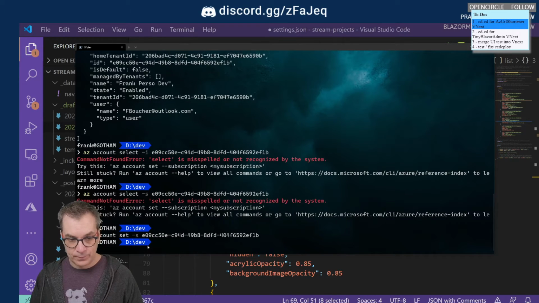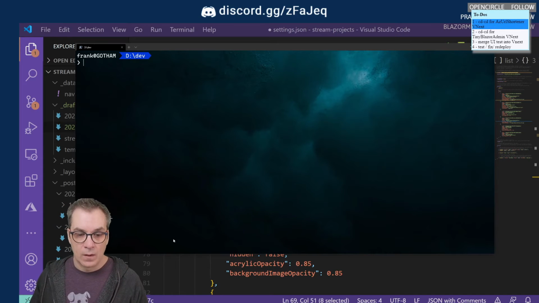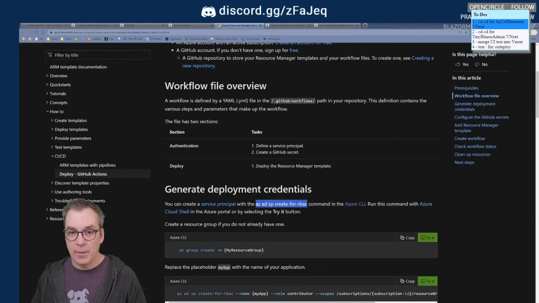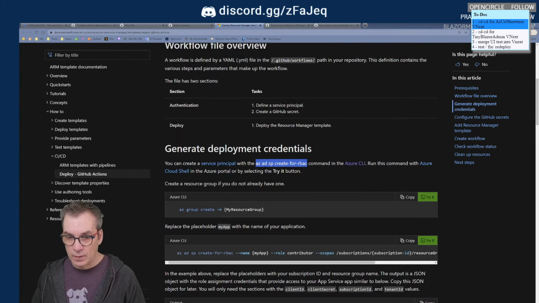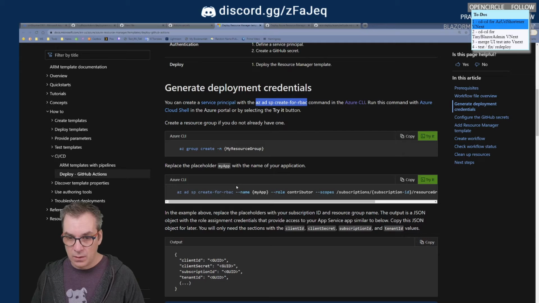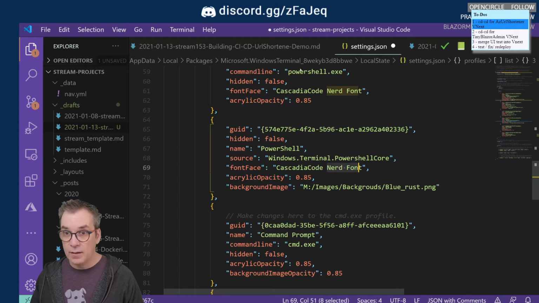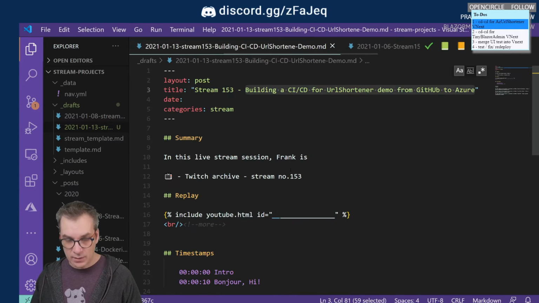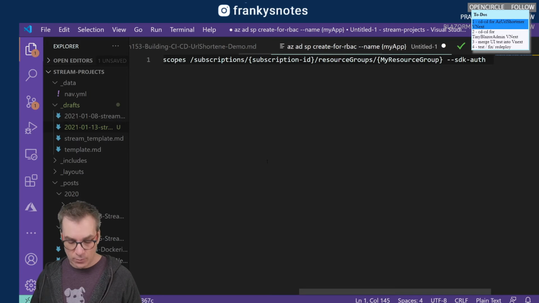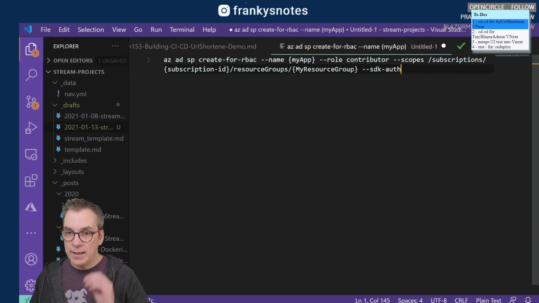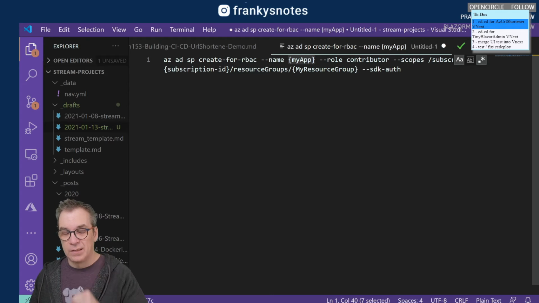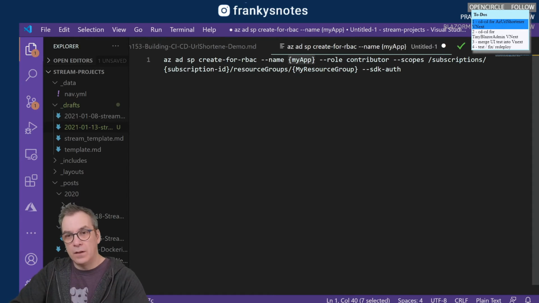Boom. Okay. Clear. So now I need to run that little command here, and special. I want to copy this. Let's open that. I will close this file. I don't want to save it. I want to open a new file. We'll edit that one here. So the name of my app. What? The name of my app? Oh yeah, because I'm creating that. That will be